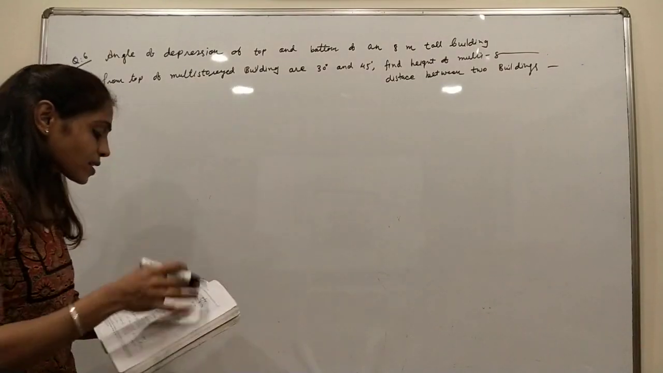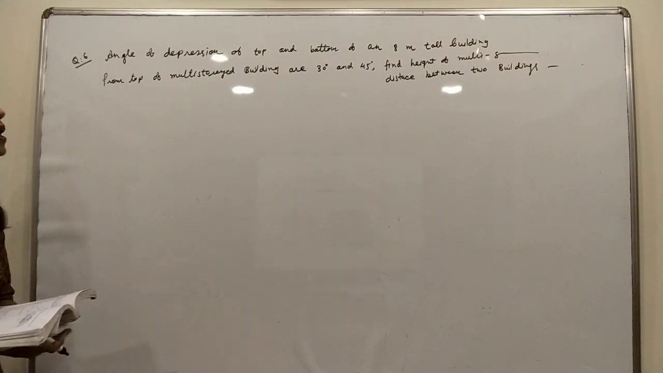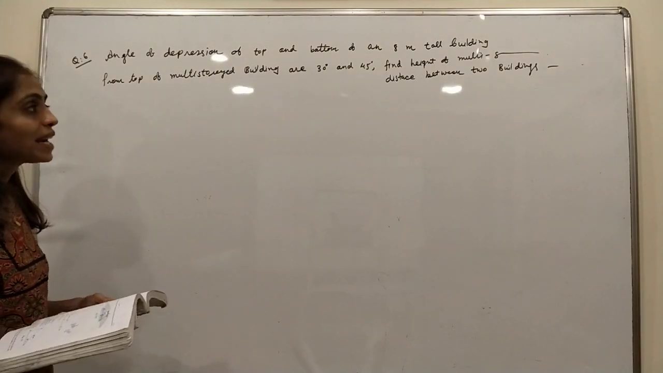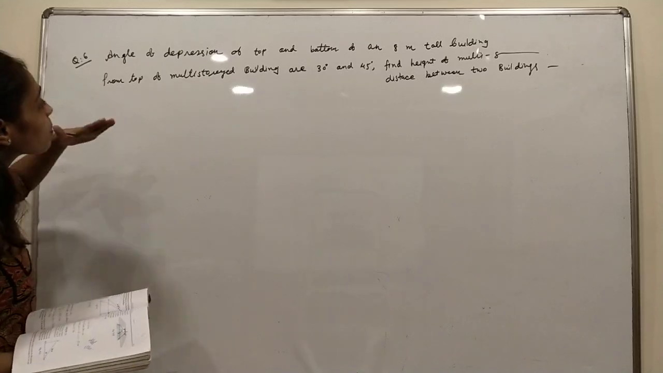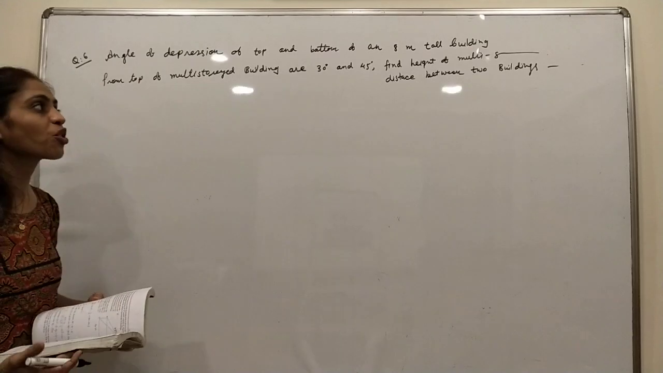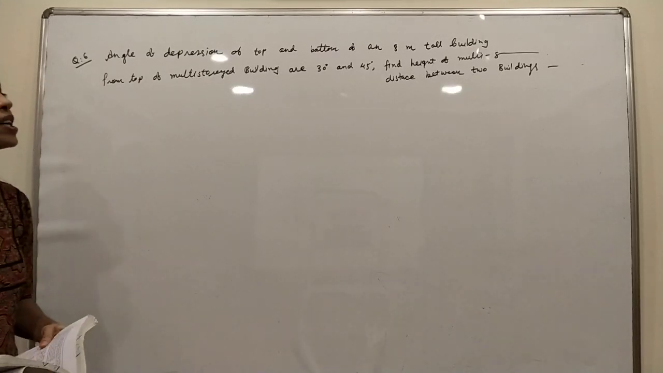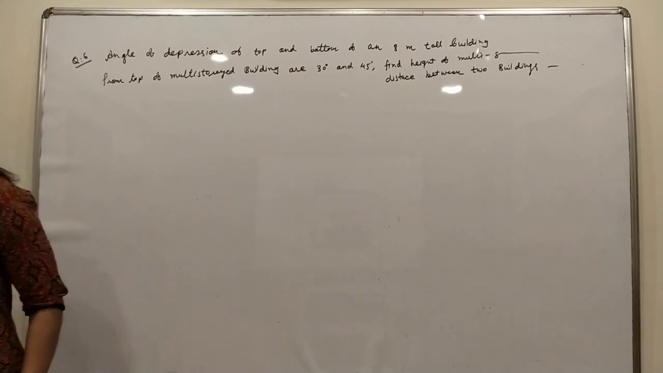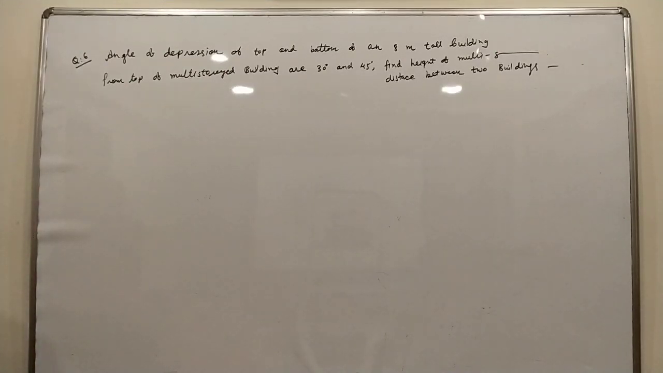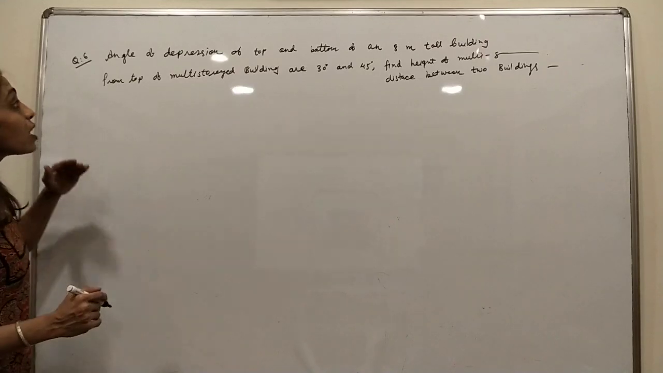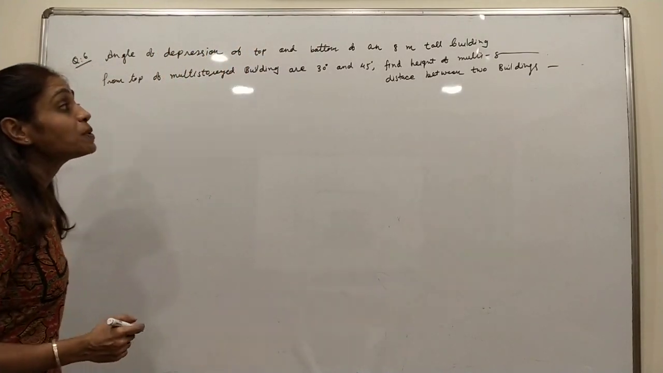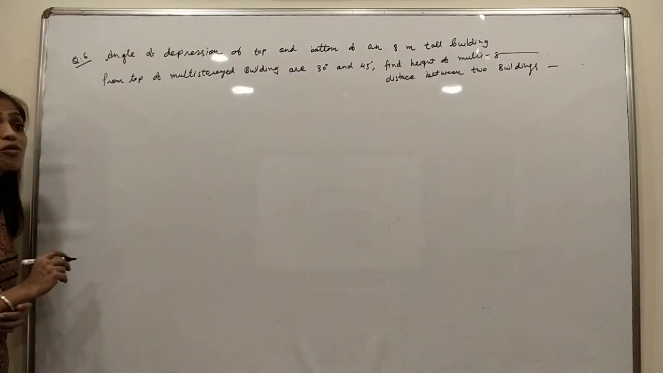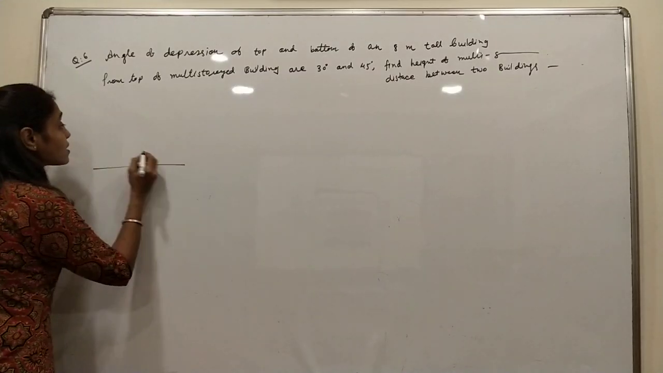Now example number 6. The angle of depression of the top and bottom of an 8 meter tall building from the top of a multi-storied building are 30 and 45 degrees. Find the height of the multi-storied building and the distance between the two buildings. Now try to understand the question. The angle of depression of the top and bottom of an 8 meter tall building from the top of the multi-storied building means